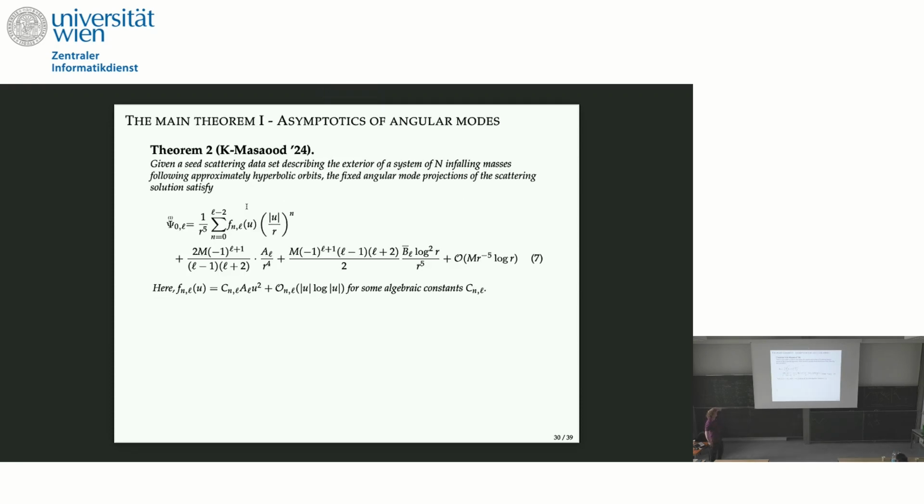Okay, so let me just state my main result now. So I motivated my initial data, and of course there is a high degree of doubt, it's not mathematically justified, but there is some physical argument, and it's not so clear how solid that is. But given such a data set, we can basically compute the semi-global asymptotic expansions of fixed angular modes of psi0. In particular, there is this 1 over r to the 4 term for each angular mode, then there is a log squared r over r to the 5 term, and there are further terms which I didn't bother writing down anymore.